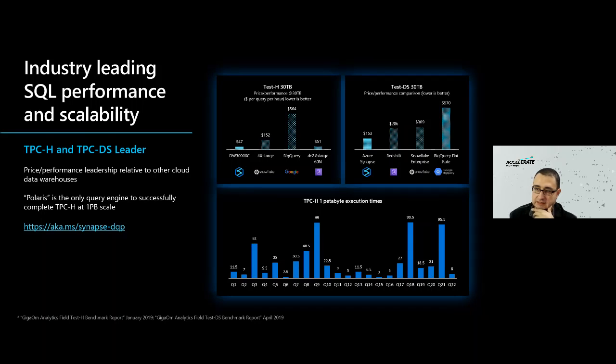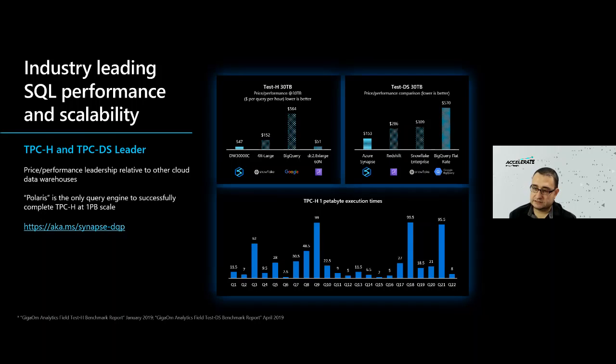One of them is the TPC-H benchmark report, and the other is the TPC-DS benchmark report. These reports allow you to level set the scalability and performance criteria and standardize these benchmarks across different cloud platforms, across different services, and put them head to head, to see how they compare.